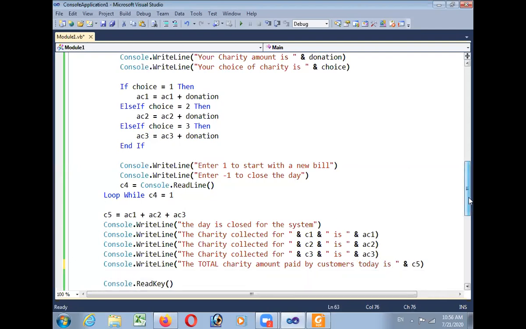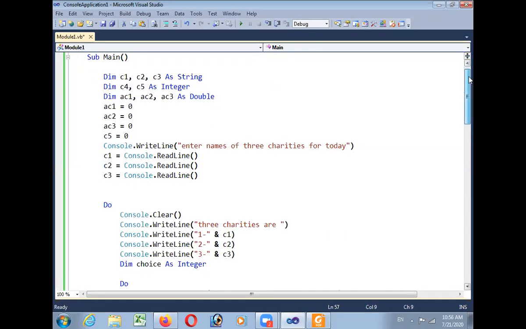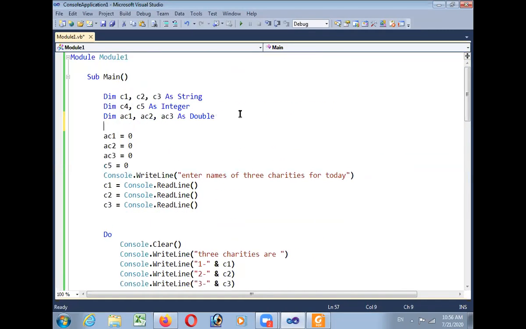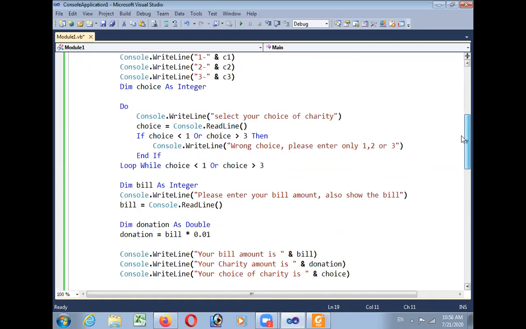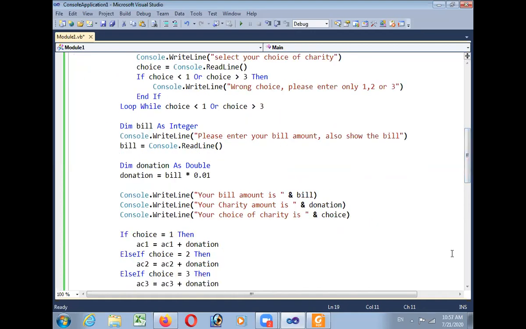इस तरह से हमने यहाँ पे इसमें फीचर्स को ऐड किया है। इसे एक लास्ट एडिशन चाहिए कि जब आपका अमाउंट है तो बताइए आपने कौन सी चैरिटी की है। उसके लिए आपको यहाँ पे एक और लेबल बनाना पड़ेगा और उसको आप लिखेंगे चैरिटी चॉइस एज स्ट्रिंग। चैरिटी चॉइस एक लेबल है, तो इसमें हम सेव करेंगे कि कौन सी चैरिटी जहाँ आपने पैसे दिए हैं, आपकी चॉइस का नाम।